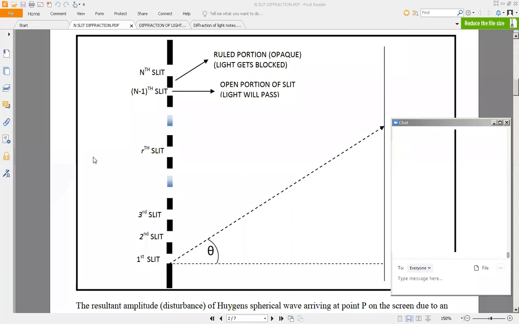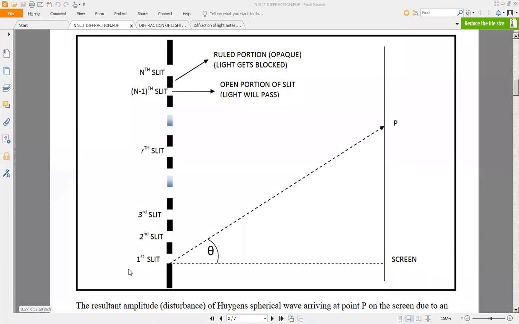Assume the arc slit. Pallavi, I can't get you. So I am just imagining some arc slit. Don't get confused that it is n by 2 or anywhere. As I said, there are n slits. I am not really taking any halfway. I am just taking any arbitrary slit. This r can be the first slit or the n-th slit. It's up to you, right?